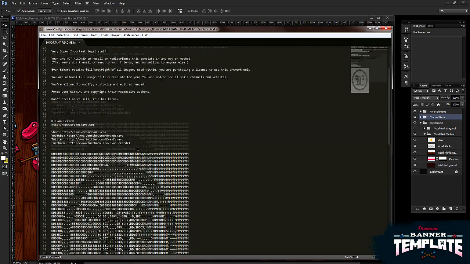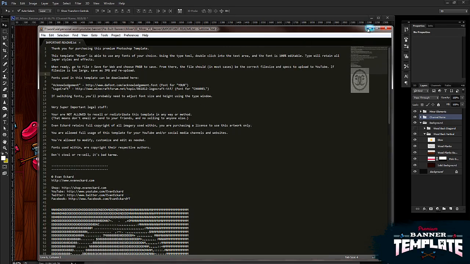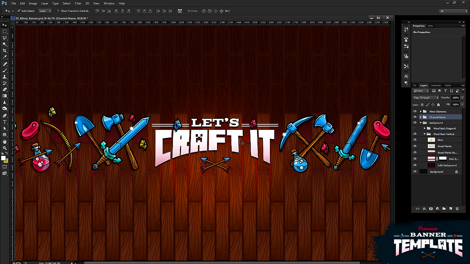Some cool ASCII art. So it's meant to be something that you can just get into real quick and edit and create your own artwork on the fly for your channel, or if you're just looking for something new to rebrand yourself, or to give your channel an updated appearance or look or a different style, then this might help too. So I hope to do more of these down the road. We'll see how that goes.